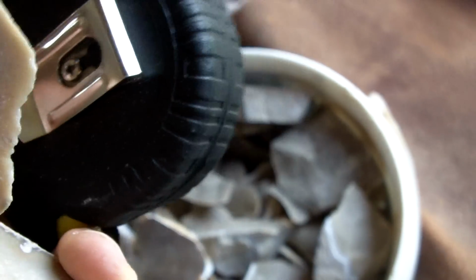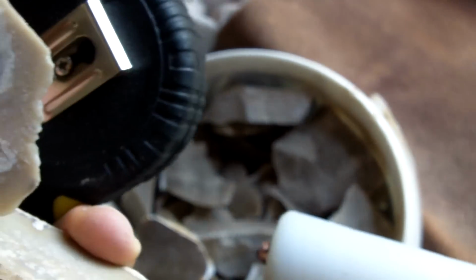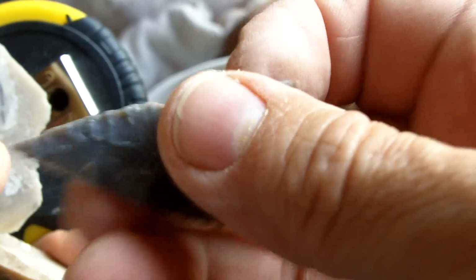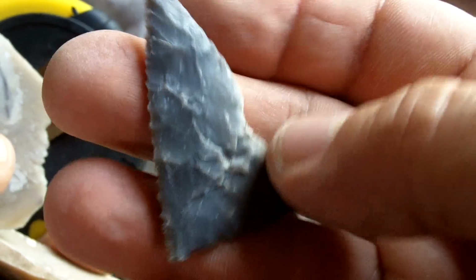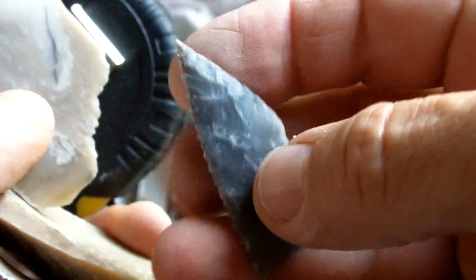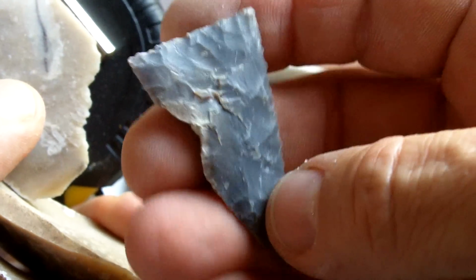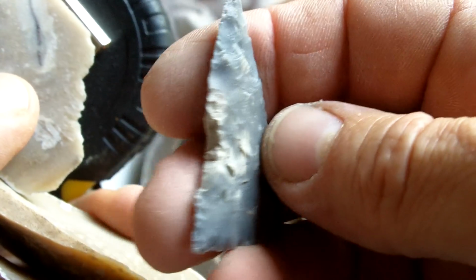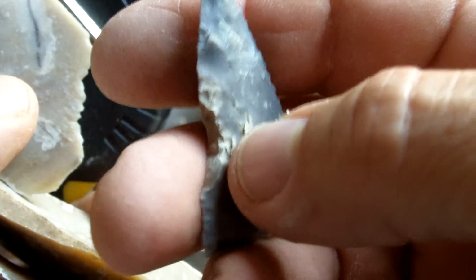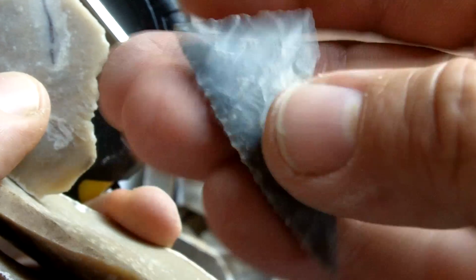And I've got some patterns that I go by. I guess I'll just be using this one here. I broke this one a while ago, and I'll just use this as a pattern. But I have other ones that I have the notches made in them so I can locate them the same every time, but I'll just use the first arrowhead as the pattern. This one had some ugly concrete type material in there. It broke off. Anyway,